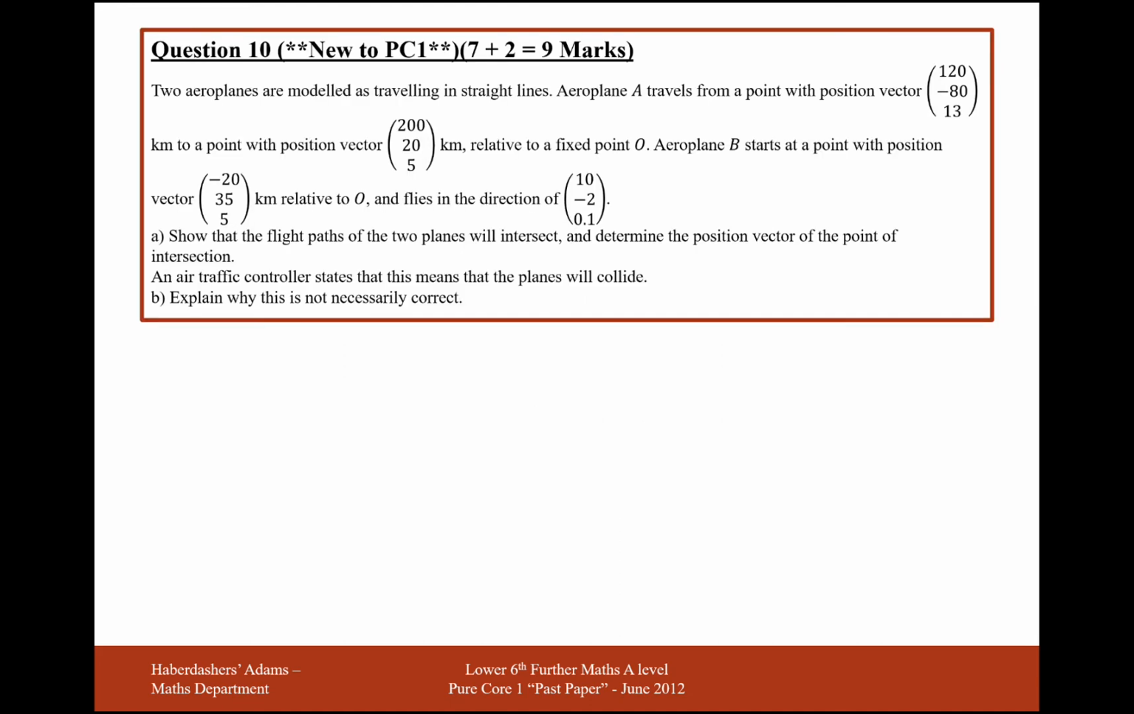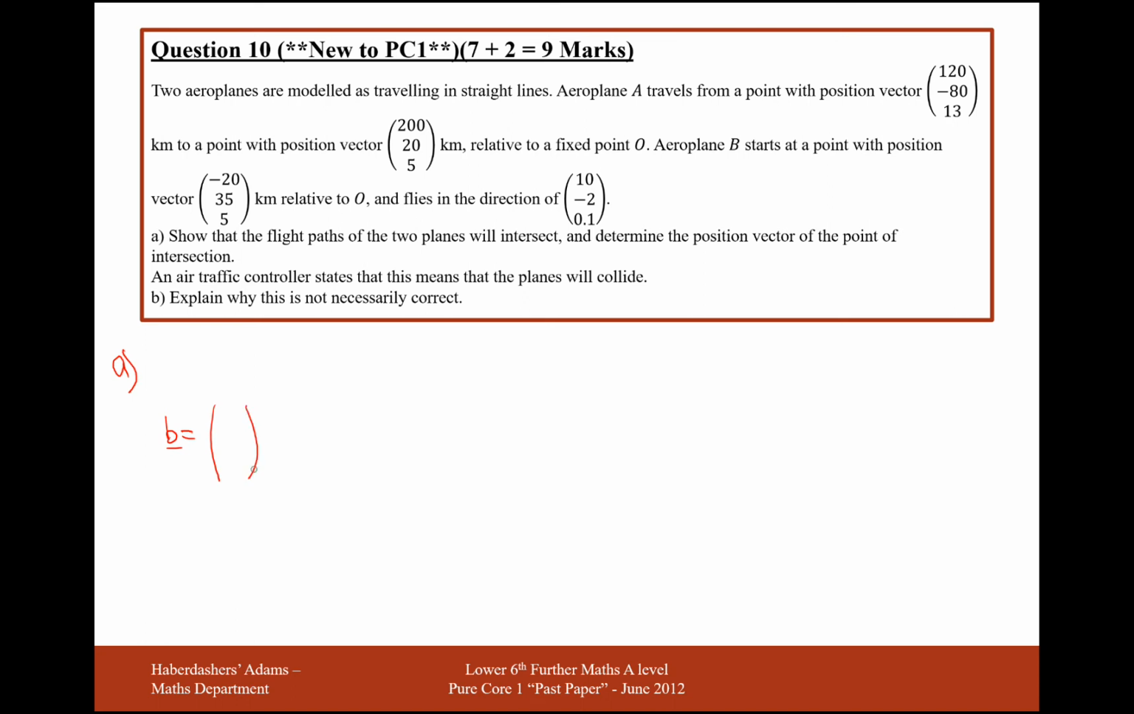We're working with question 10 here. This is a vectors question in which we have a context. This is new to Pure Core 1, so I've added this question in myself. What we have are planes A and B, and plane A has two positions and plane B has a position and a direction. In fact, this is probably a bit more useful than plane A, as I can write